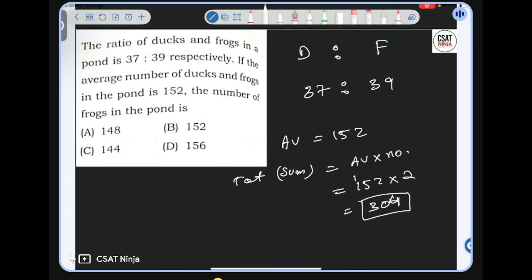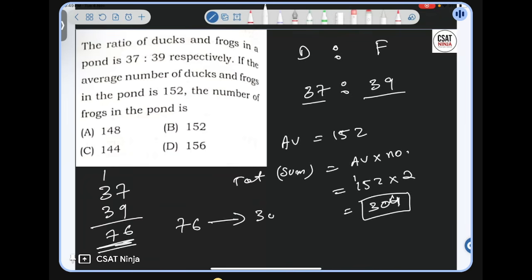But the question says like this: in terms of ratio, how much is it? There are 37 ducks and there are 39 frogs. Total of 7, 7 14, 15, 16, 6 1 and 6, 7, 76. There is a total of 76 in terms of ratio, but it is given as how much? 304. Or if not, you can also use like this: